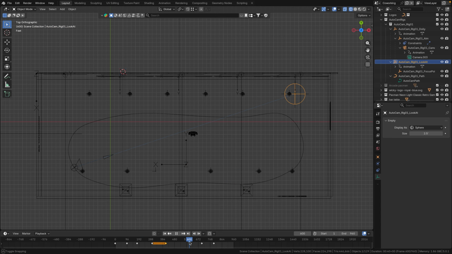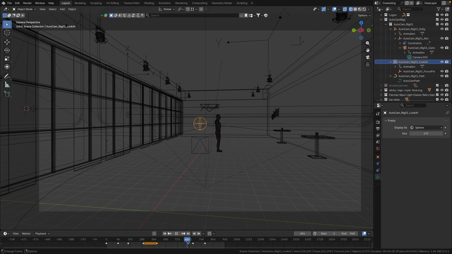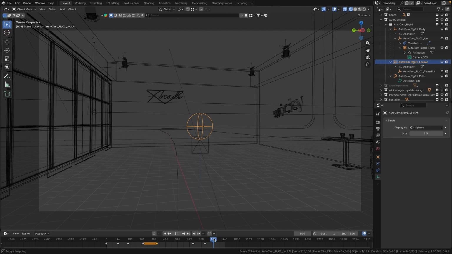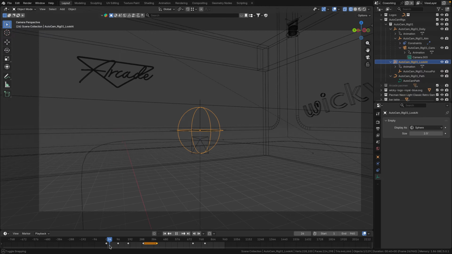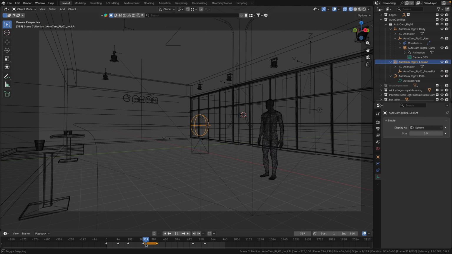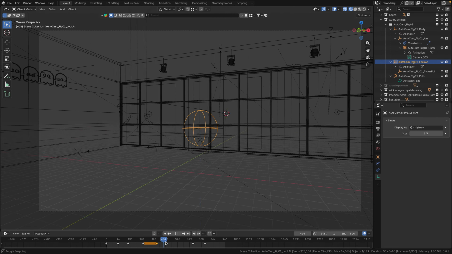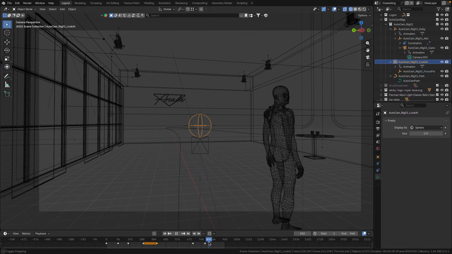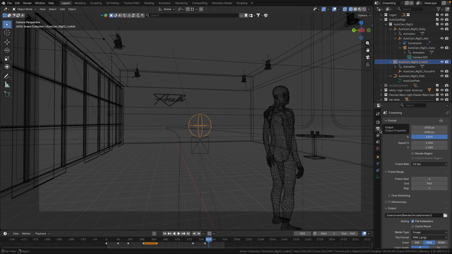Once you're happy with that, you can see if I go into the camera view, I have everything off just so you can visually see. You're going to want to make sure that you're not running into walls. If you have all the arcades on, you're going to want to make sure that it doesn't go through them and all of those things. Once you have that set up, if I go over into the camera itself,